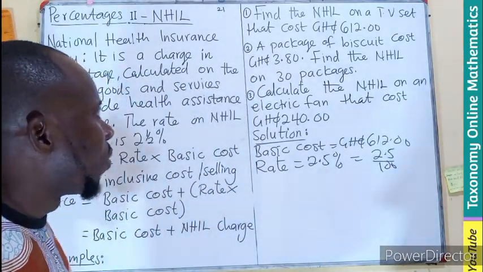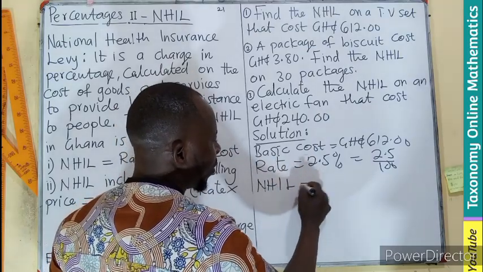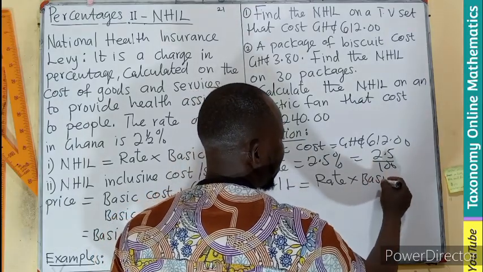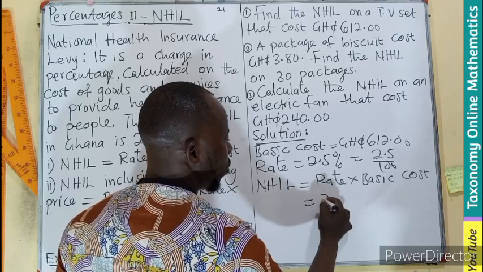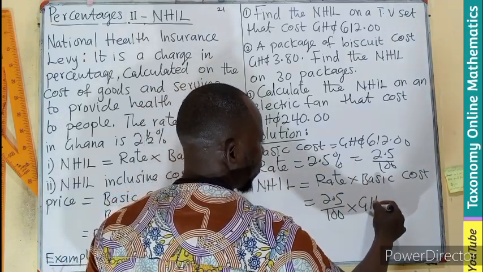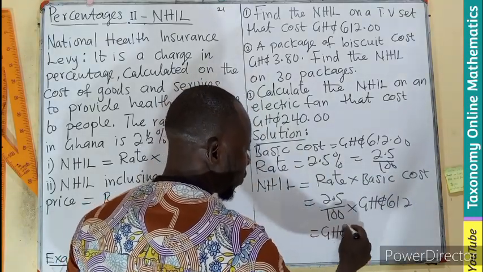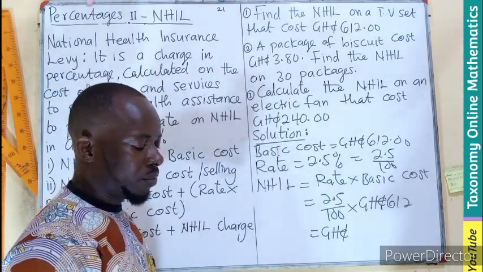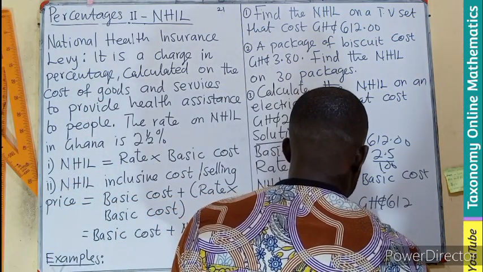So what are we looking for? We're looking for the NHIL, which is the rate times the basic cost. What is the rate? It is 2.5 divided by 100 times the basic cost, which is 612 Ghana cedis. So let's put that together in our calculator and see what that will be. If you put all this in the calculator, that will be giving you 15 cedis,